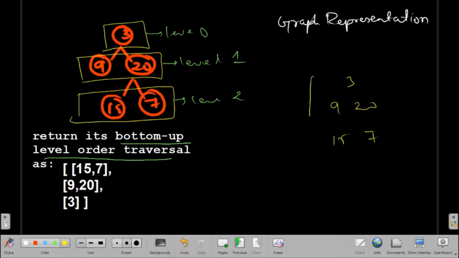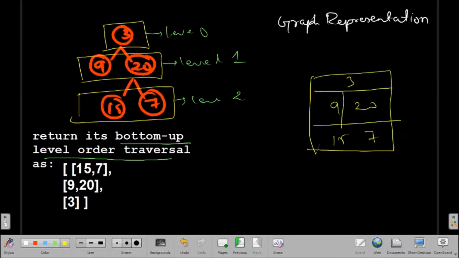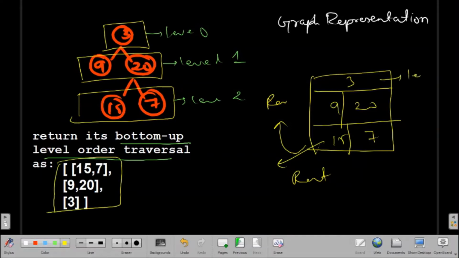So let's suppose this is my 2D vector. I have to reverse this and return it. So after returning it will become like this. Earlier at level 0 I had 3, but now it went to level 2.